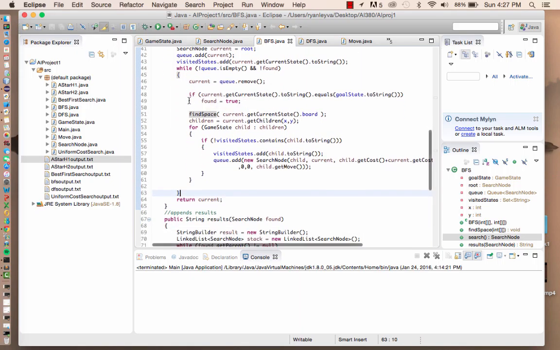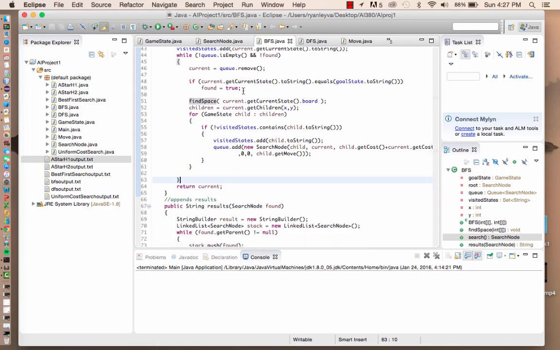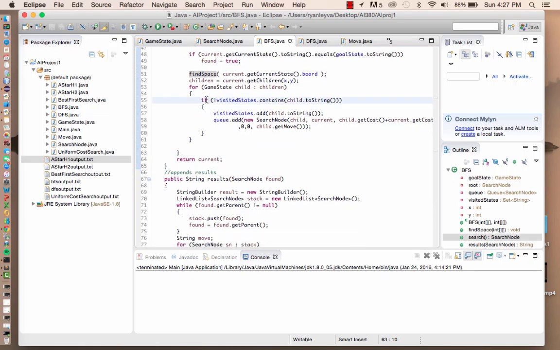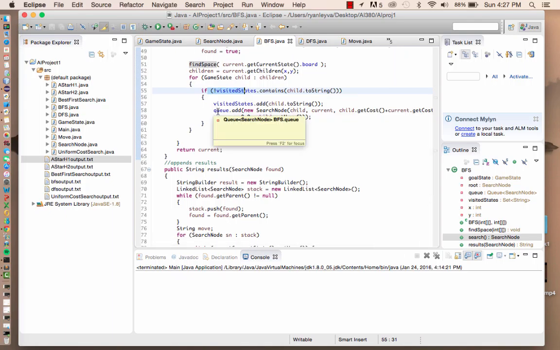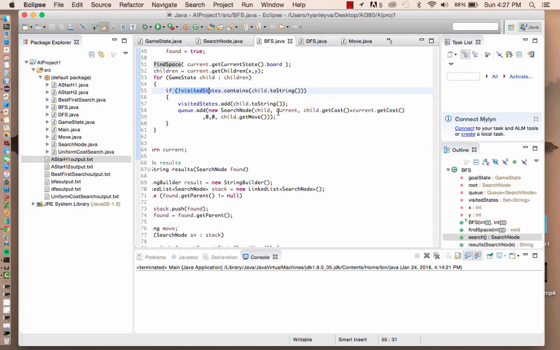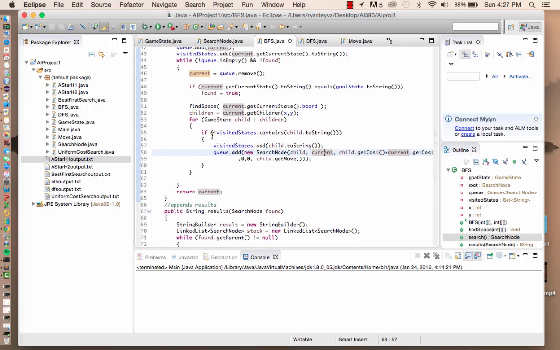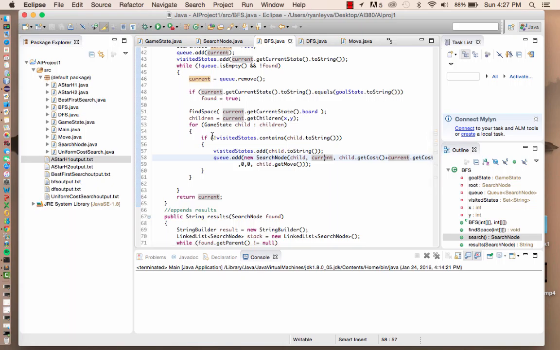For this, I just have a while loop that says if the queue is not empty and I have not found the goal state, then it checks to see if the next node is the goal state, and if not, it generates all the successor children it can from the current search node, and then it goes through this, and it says if it's not visited, then it adds it to the visited set. Also, it enqueues a new search node onto the queue, which has all the necessary information it needs, and it keeps on doing this until the queue is empty, or my algorithm has found the goal